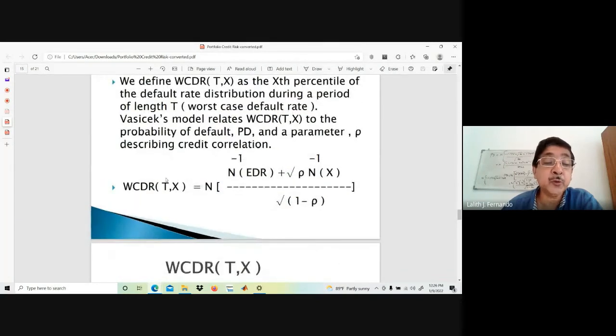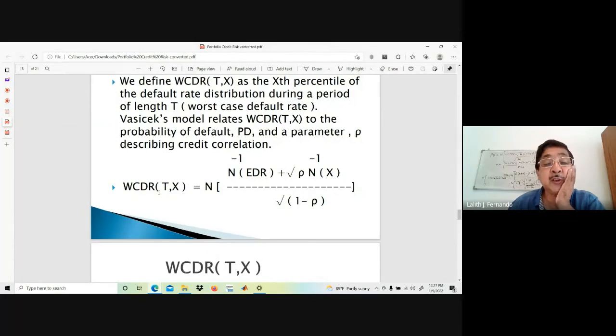Now we have, for a portfolio, we can just take it. And I think there's no big complication here. Only thing is you need to see what is really happening or what is really changing in the formula. Now you just look at the formula and you can have a comparison with the earlier formula. Now just look at it here. Now rho, square root of rho into N to the power minus 1 of x, you have here. Now this x is equal to this x.